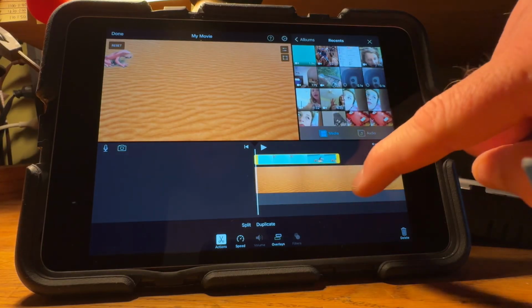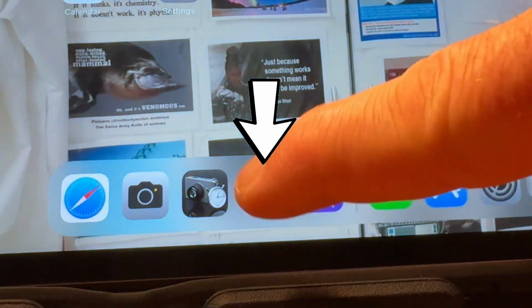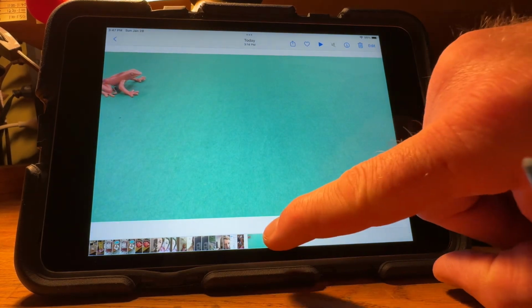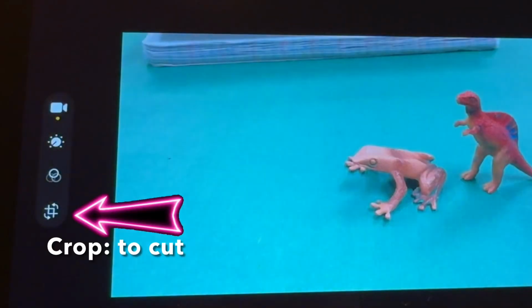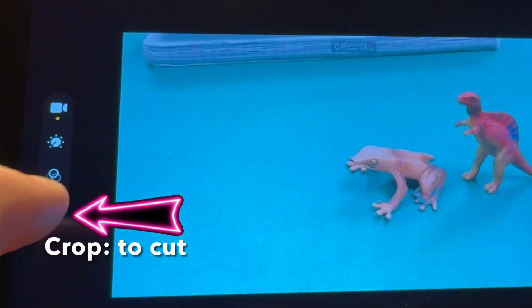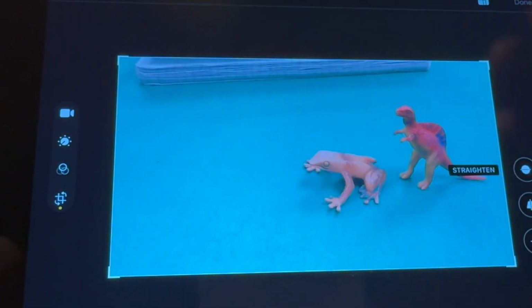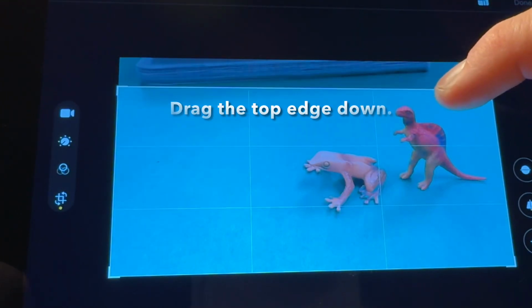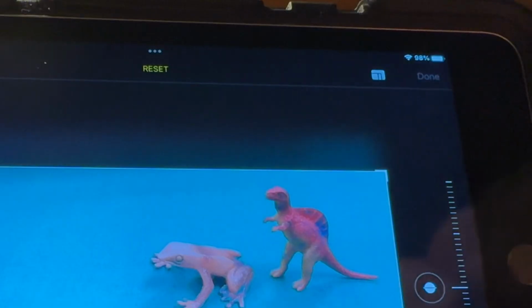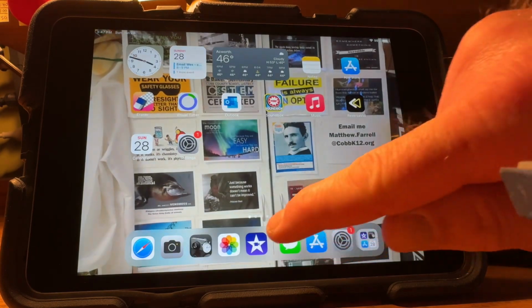All right, another option for this: go back into Photos, which is where this video is stored. I can crop it from here. I can go to Edit, and then here's that crop button. And I'm just going to cut. Now this time it doesn't do corners, it just does the whole edge there. So now when I go to iMovie,